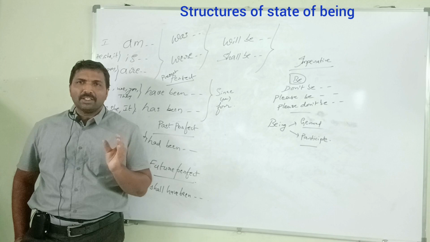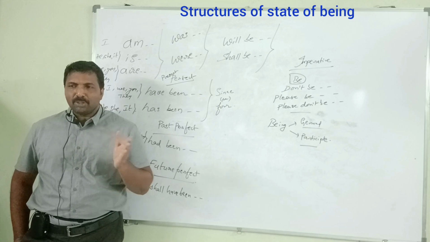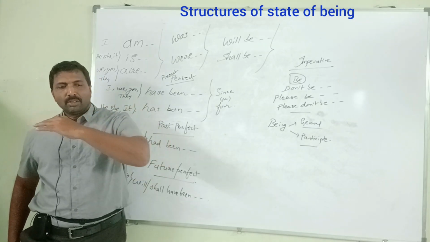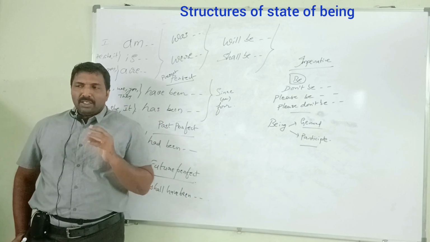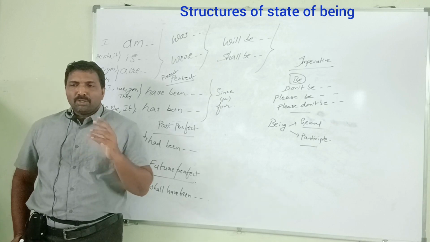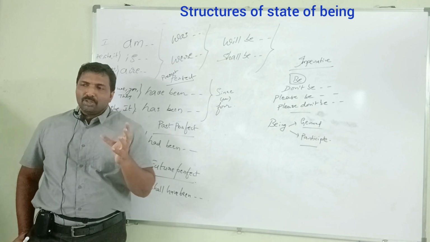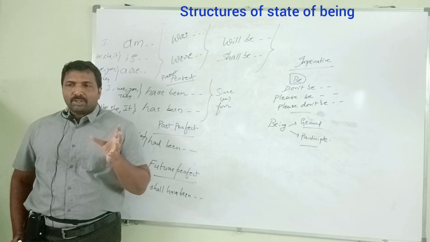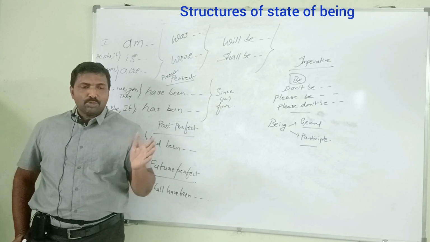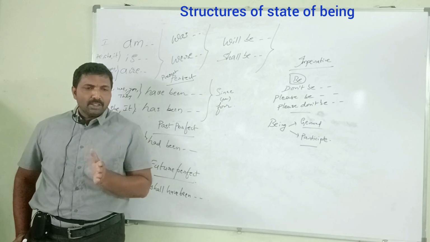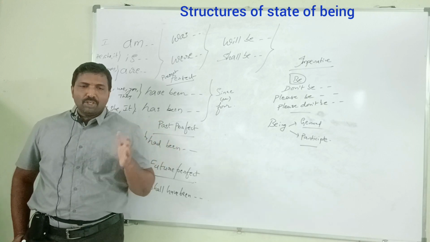Okay? In the predicate part, it can be a state of being verb, or an action verb. Action may be happening from the subject, or action may be upon the subject, the reverse, in passive sentences. Anyway, it can be an action verb, a possessiveness verb or a state of being verb. According to our observation of the verb in the predicate, we usually conclude this is a state of being sentence, this is an action sentence, this is a possessiveness sentence.